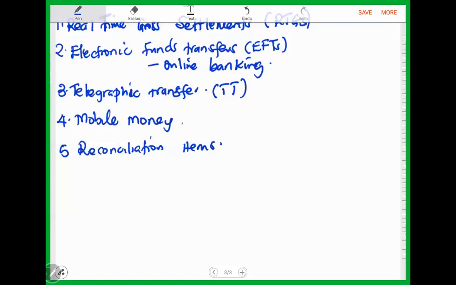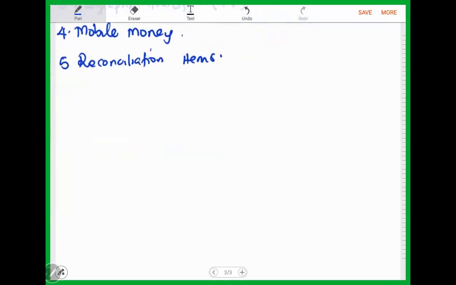Reconciling items, we are saying that these are items that bring about a disagreement between the cash book and the bank balance. Reconciling items are the items that bring about a disagreement between a cash book balance and a bank statement balance. And some of them that we have